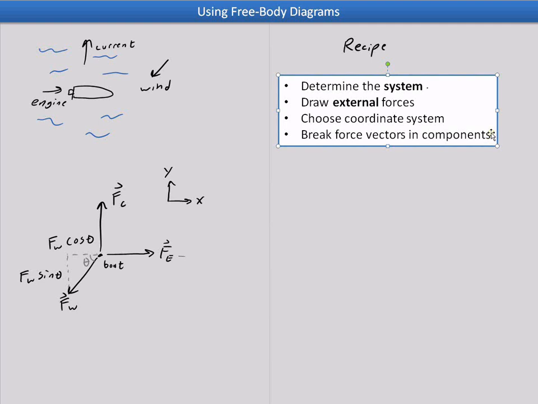And so now our next step. So now we have two directions. We've got the x direction and the y direction, and each direction